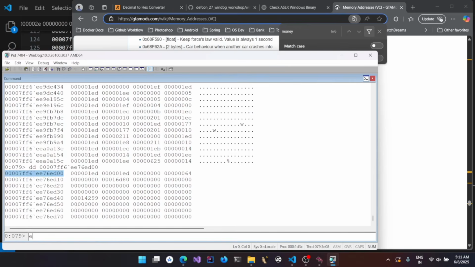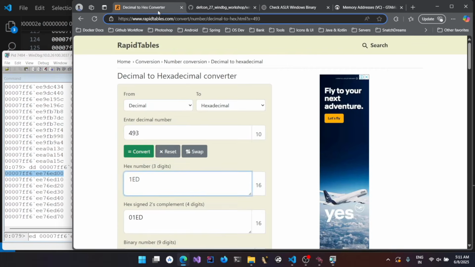You could use D word, that is 4 bytes, and you could use bytes or B for bytes, that is just 1 byte. In our case, we wanted to modify it to a 4 byte value. I'm just going to paste this memory location and now go over here. Let's say I wanted to make the money value 9009, and I'm getting the corresponding hexadecimal for it